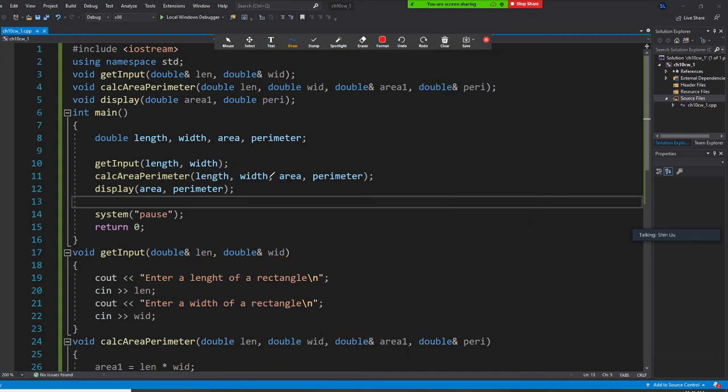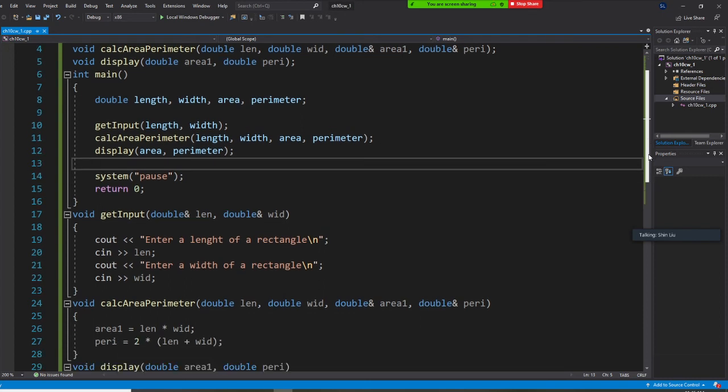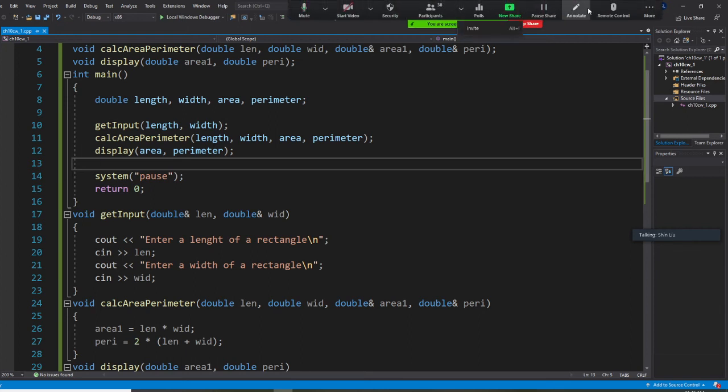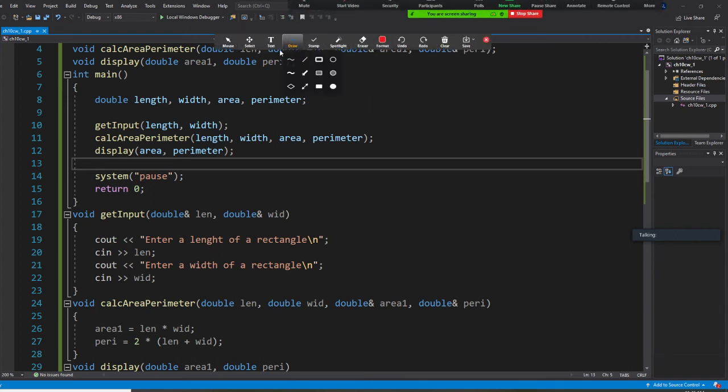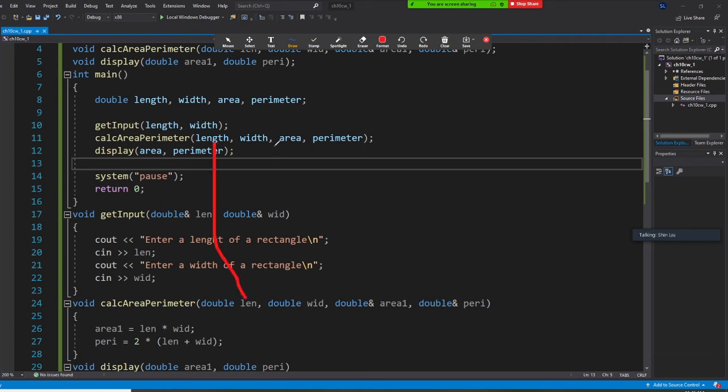I have a length, width. The second one is a little bit more complicated. Okay? Let's see the second one. Okay? So, now, the second one, I pass length and it is LEN. I pass width and it is WID. The area and area 1, the area and area 1, look, because area 1 has a